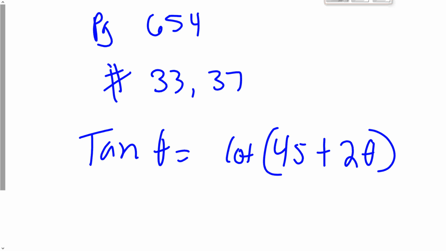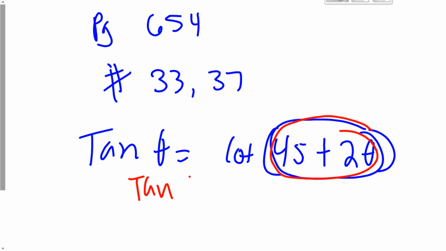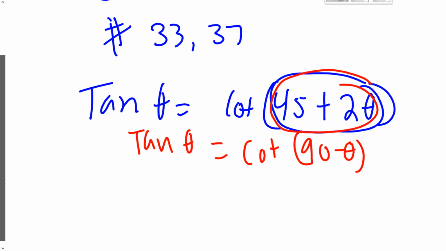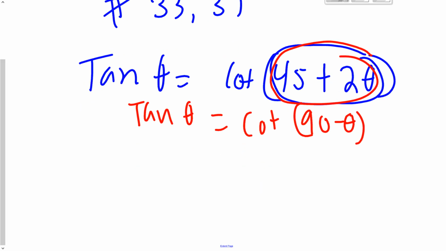This one's a little bit different, because before it just gave us an angle of tangent, and then it didn't even have this in here. So what we're going to have to do is, because normally tan of theta is equal to cotangent of 90 minus theta, actually inside this parentheses needs to be 90 minus theta, not 45 plus 2 theta. So if we take this and set it equal to each other, 90 minus theta equals 45